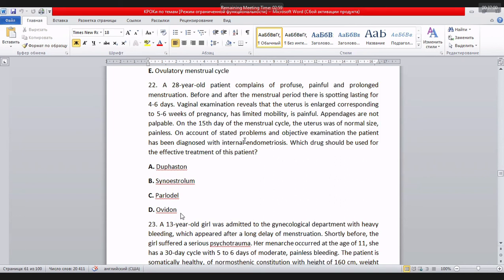I remind you, it is a test from KROK. It is adenomyosis of the uterus. Which drug should be used for effective treatment? Dufaston. The drug contains progesterone, and the structure of this progesterone is very near to the natural structure of progesterone. And this is Dufaston. Remember about it because this test is repeated every year, Dufaston, if we speak about internal endometriosis or adenomyosis. Guys, for today enough, and we will meet tomorrow at